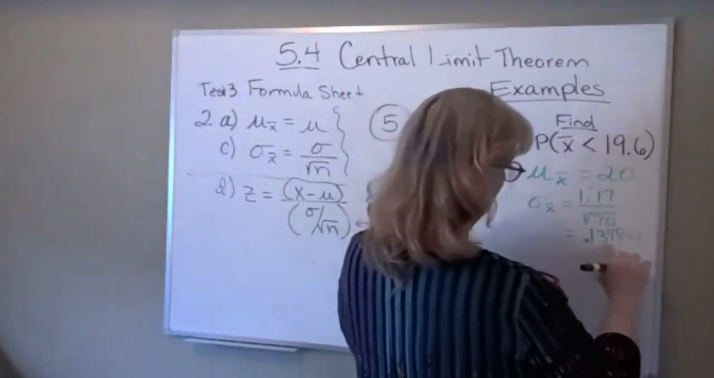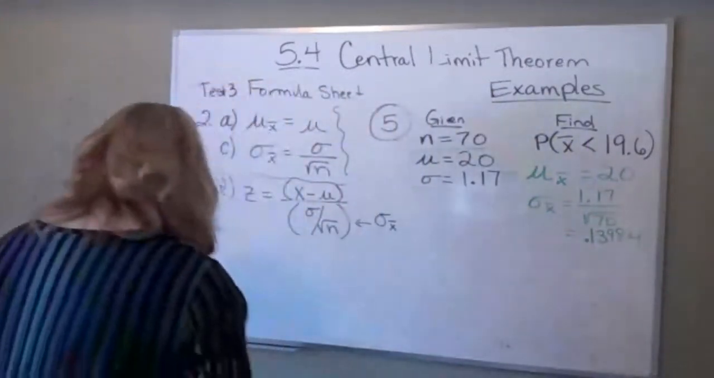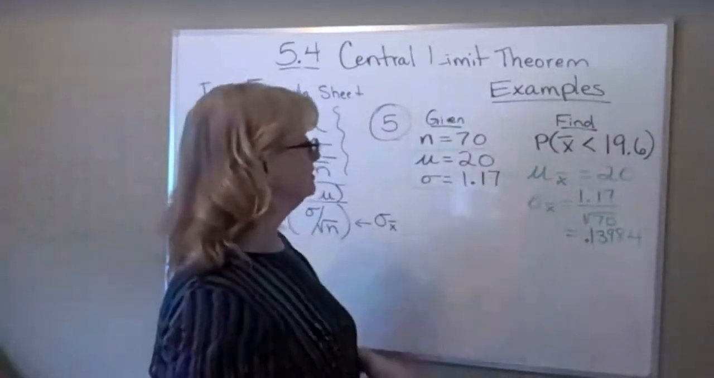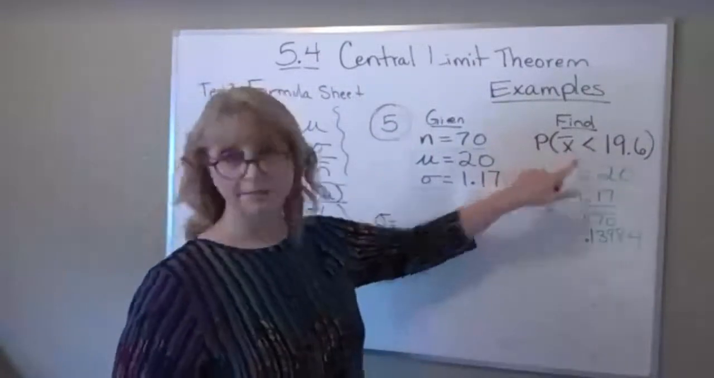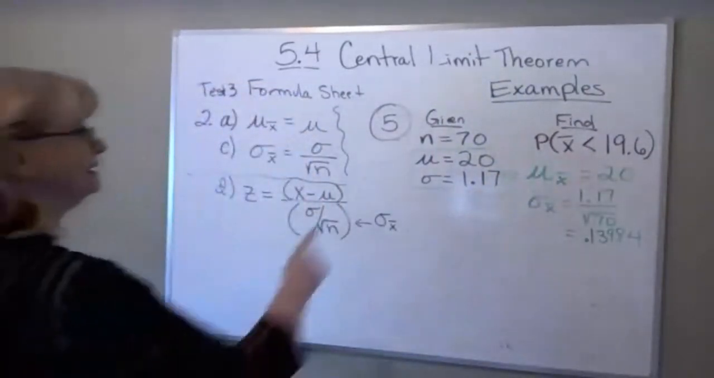I'm going to take it out 1, 2, 3. I took it out 5 places. That should be okay. So what I just found was the mean and the standard deviation for the sample means, because I'm doing a probability about a sample mean. Now, what I want to do with that probability of the sample mean